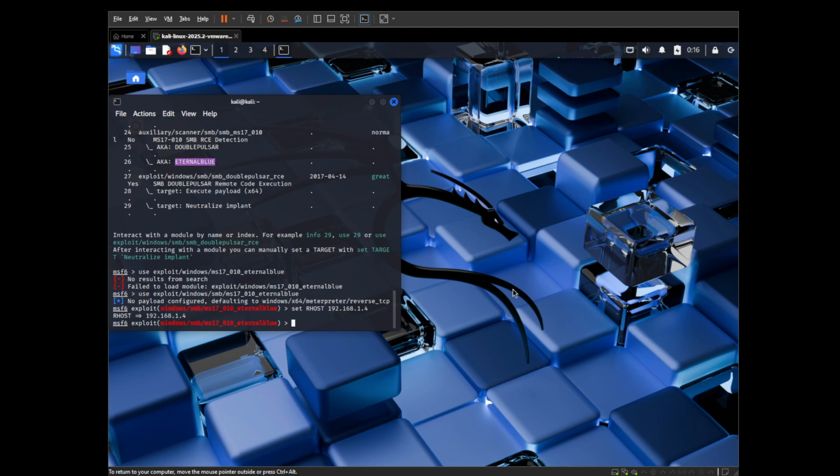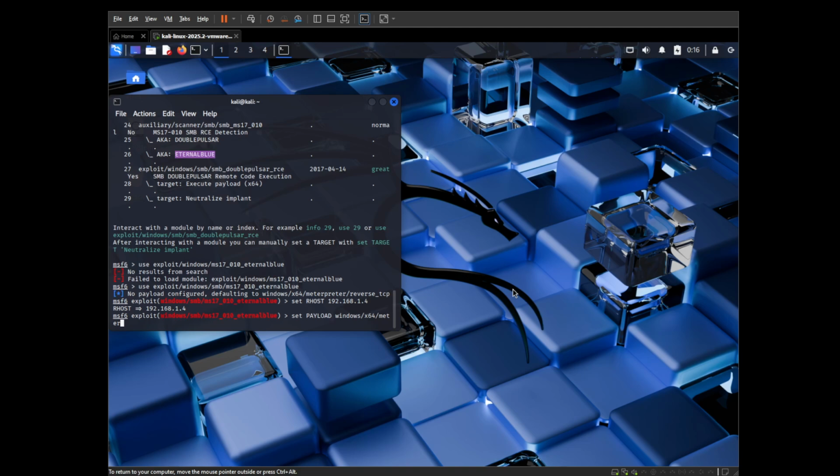basically what I'm doing right now is I'm manually configuring the internal blue exploit in Metasploit. So I set the target IP and stuff like that. So now what we do is we set the payload. Set payload Windows meter